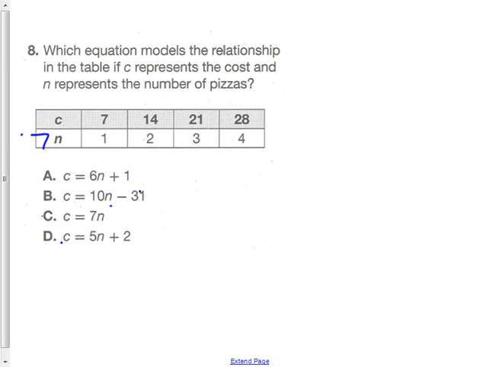So it looks like the letter C is going to be my best choice here because it says 7 times n. Because we are counting up by 7s, and whenever you're counting up, that kind of gives you what the coefficient is. So like from here to here is 7, and from here to here is 7, and from here to here is 7. And if your common difference is 7, then that is your coefficient. Okay? And that's our last example for